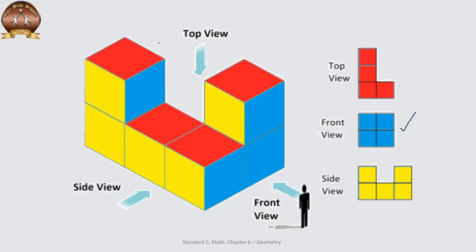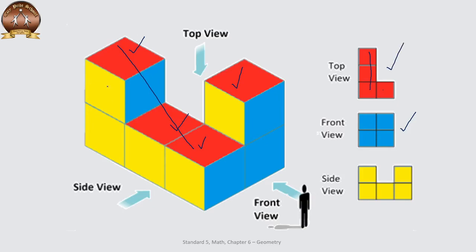And if you see from the top, this is the first square, then this is the second square he can see, then this square, and this square is not in this straight line. All this is in a straight line and this is on a side line. So 3 cubes and 1 on the side. This is the top view.